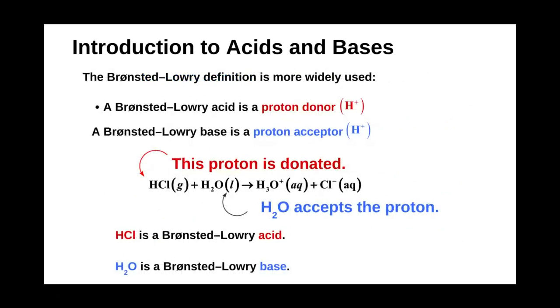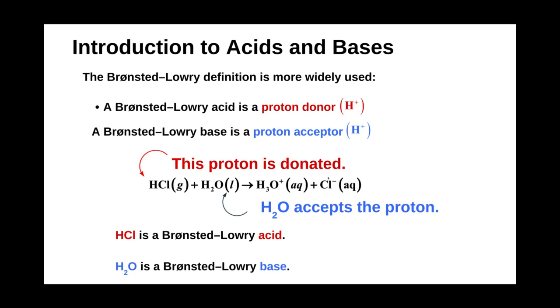It led us to Brønsted and Lowry, or Brønsted, if my Danish is serving me. I think it's Brønsted and Lowry. But Brønsted and Lowry said that an acid is simply a proton donor, so it just donates a proton or a hydrogen ion. And a Brønsted-Lowry base is simply a proton acceptor, so it accepts that proton. We can look at this hypothetical situation where we have hydrochloric acid being a Brønsted-Lowry acid and water being a Brønsted-Lowry base. You'll notice that the hydrogen ion attached to chlorine here dissociates and attaches onto the water here, making the hydronium ion.